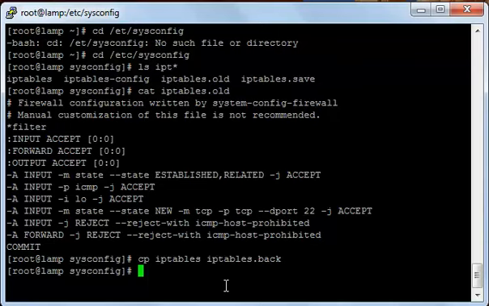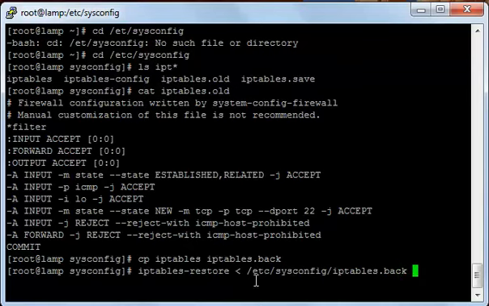Now say you have changed some of the rules in the IPtables and you want to restore back its original or its default rules, or restore back the rules from the backup file that you did. You will type the command iptables-restore and then the smaller than sign, /etc/sysconfig/ and then the name of the backup file